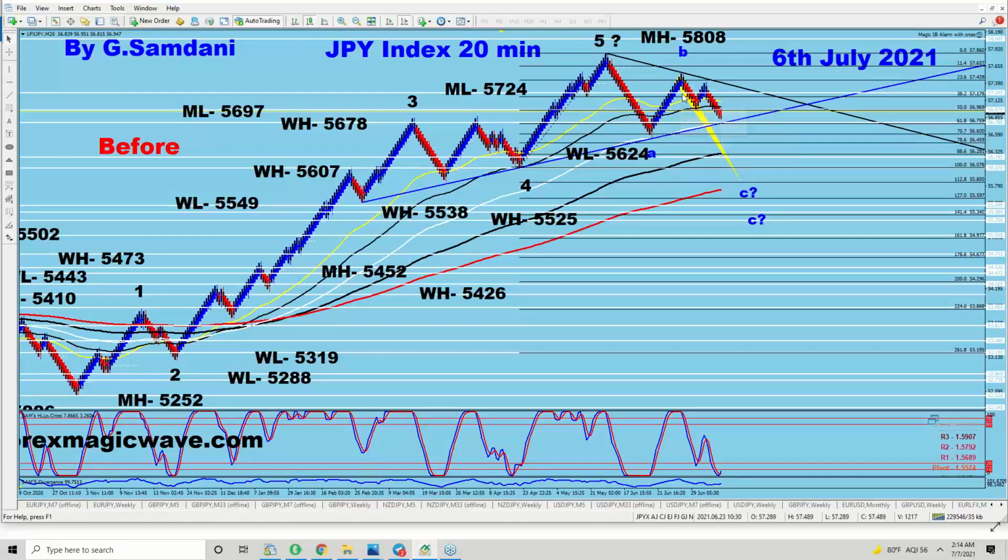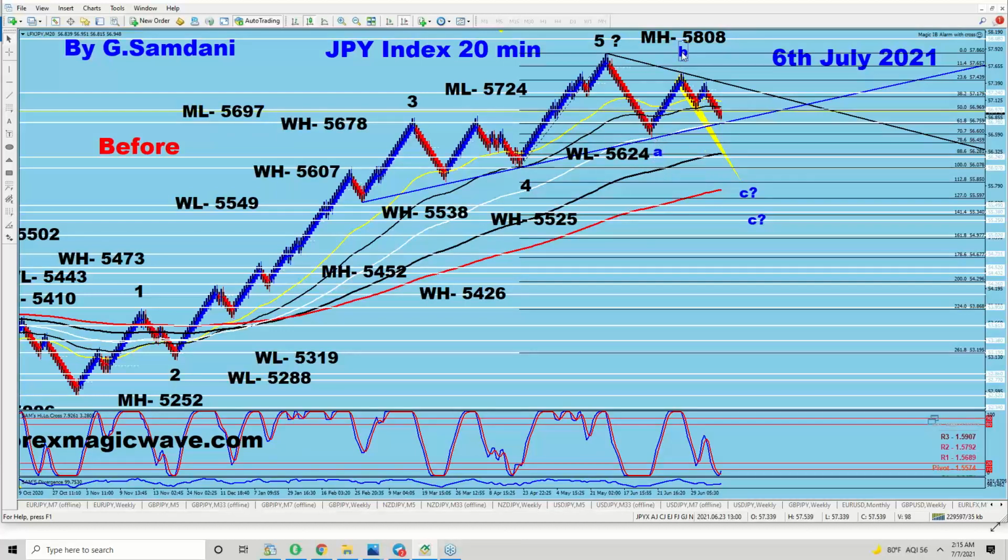My idea was that it might be doing this, but see this drop here, and then this move, and then it might go up here and make a good leg pattern. That would be wave B, not this straight move. So this is probably A, then A, B, C. Let me see what it could be. If this is A,